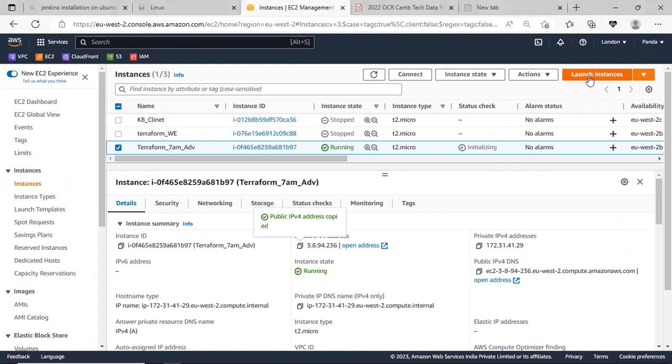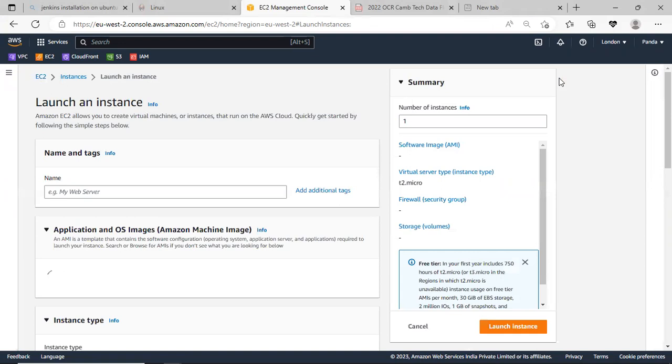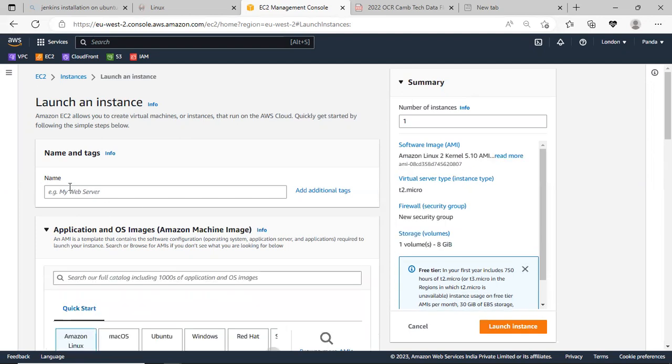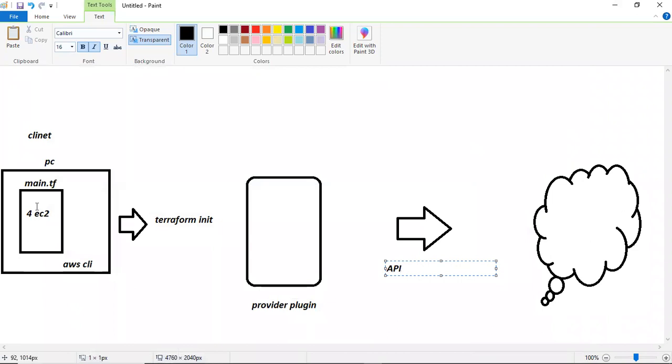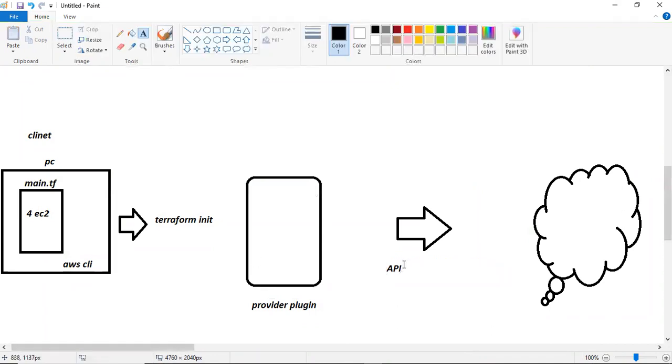If I press launch instance, what is happening? A query is executing at the backend, right? And then some API is generated. So this page is giving me a response. In the same way, based on my configuration, this client machine is asking for EC2. The provider plugin will generate some API, and then this API will interact with the AWS cloud.